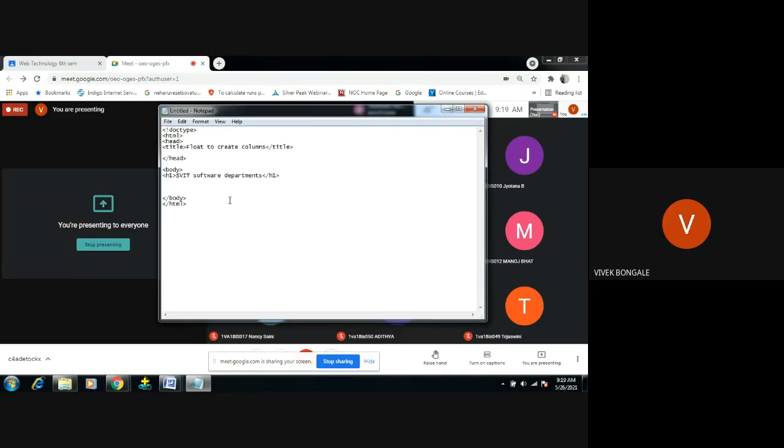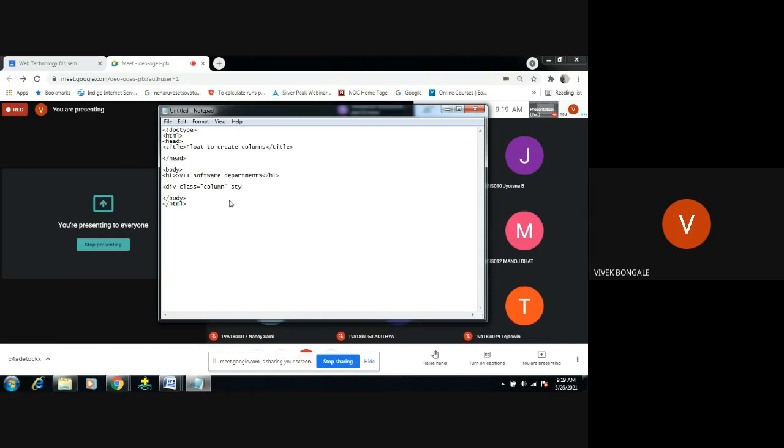So what I will do is create one div. I'm trying to create the container over here. Div class equals, I'm giving the name for this class as column, because I'm trying to create a column here. That is the name suiting here, and that's the reason I'm giving the column name. You can give any name over there.